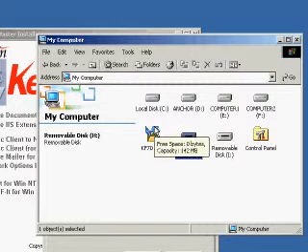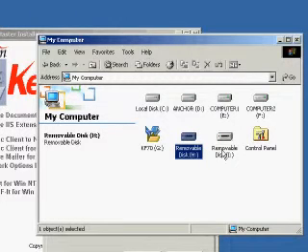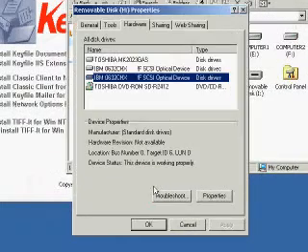We will now go through the process of installing and configuring optical drives with Keyfile. I've already attached my optical drive hardware to my server, and as you can see, the operating system has captured these devices and sees them as removable media drives. If I go into the properties for these drives, you can see I have two optical devices